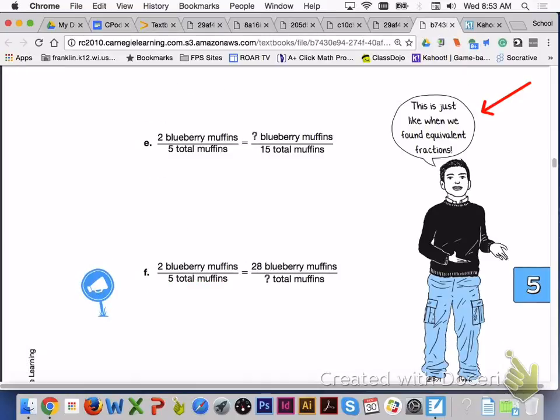When you scale up or scale down in order to determine an equivalent ratio, it is just like what we did in Chapter 3 when we found equivalent fractions. If we multiplied or divided by a fraction form of 1, we found equivalent fractions. So a connection with what we did back in Chapter 3 for what we are doing now in Chapter 5 when determining equivalent ratios. This will conclude Lesson